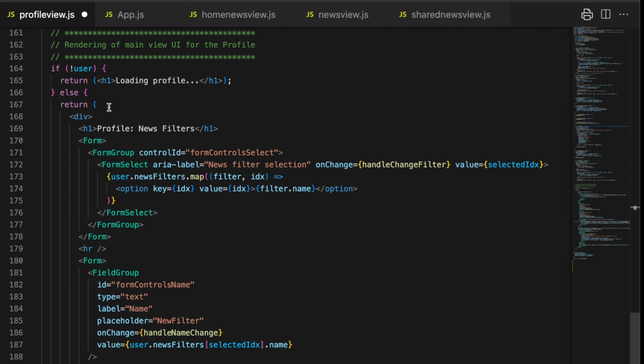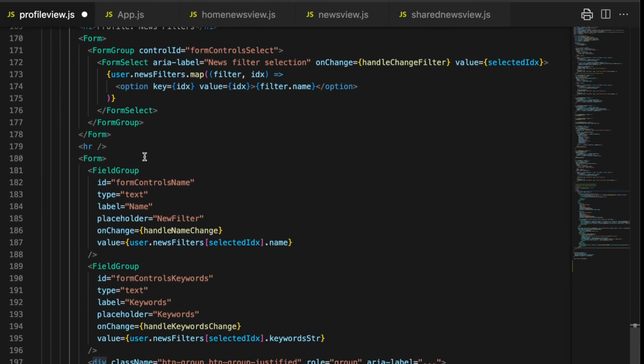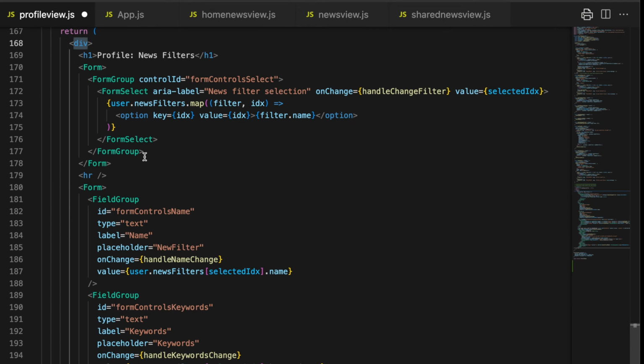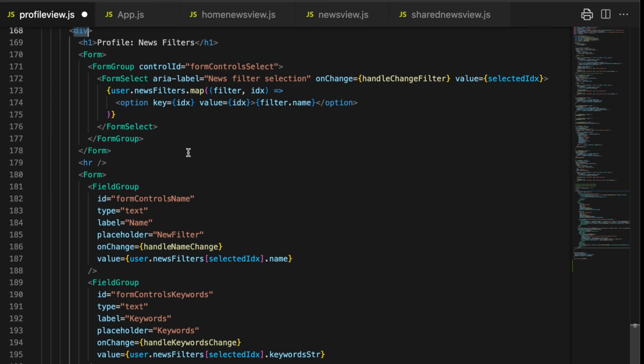Okay, continuing down here. So here's the big return that we have once we have the user with all of that HTML. So it's a div that's wrapping everything. Here's that header. And then the form groups, the field groups, and so we've got the different controls that we saw, the select control. We have our news filters, and that's a JavaScript array that contains the names of all the filters. So we want to loop through that,